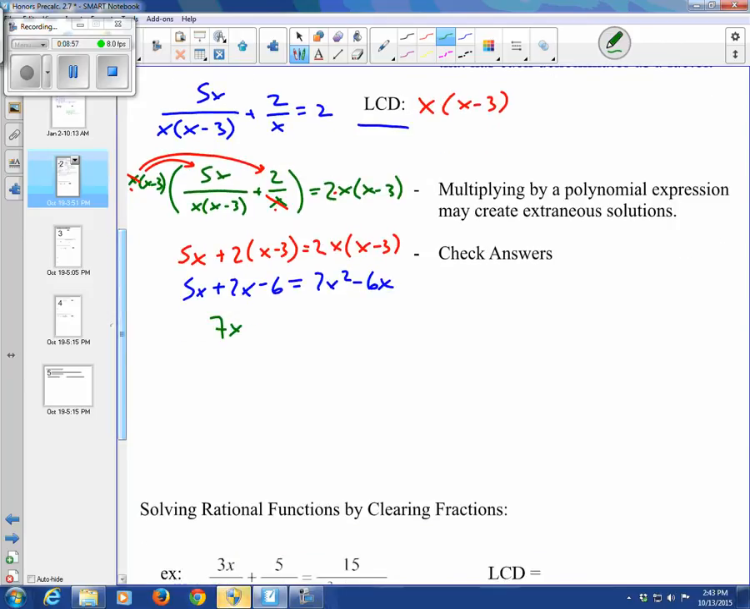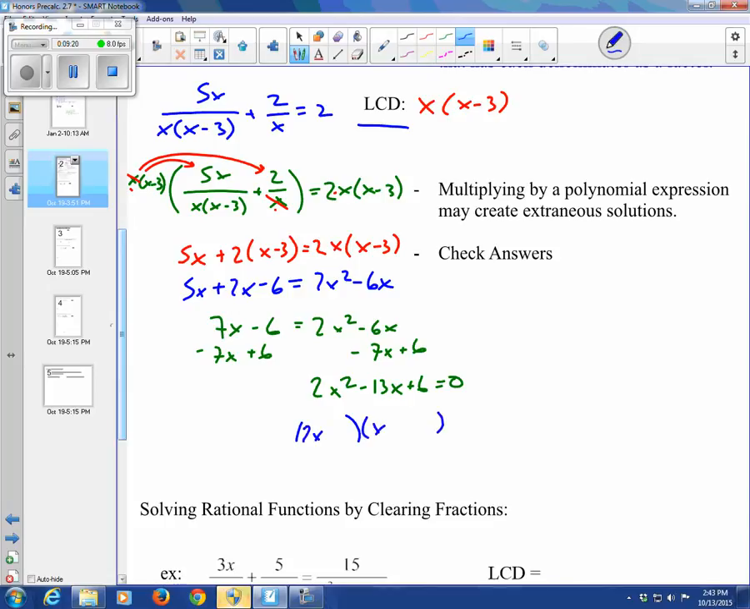So right here, I'm going to combine these like terms first. We've got 7x minus 6 equals 2x squared minus 6x, and then minus 7x plus 6. And this is going to give us 2x squared, and then right here, minus 13x, and then plus 6 equals 0. So right here, can I factor this guy? Yes, I can. I can say that this is going to be 2x and x, and minus, and then right here, I can say that this would be,